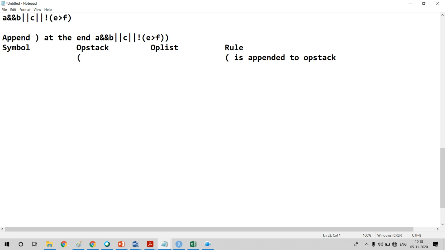The symbol that we are going to scan is A. A is operand. If it is operand, add that to OP list. So A is added here. Rule number 1. A is operand. The next symbol is,